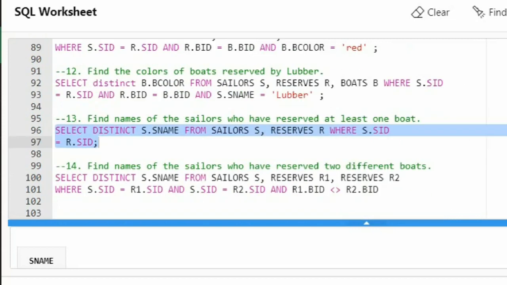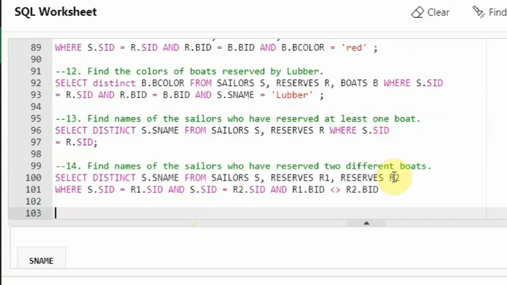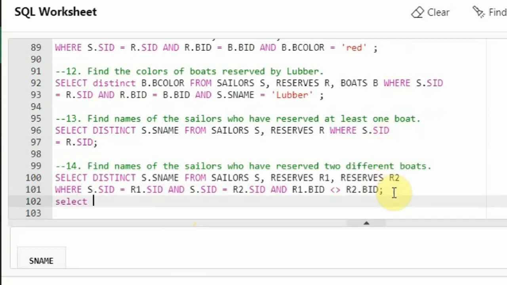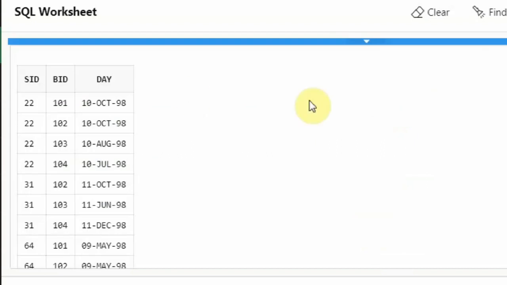So, I will say select star from reserves. Okay, take a look at the reserves table.